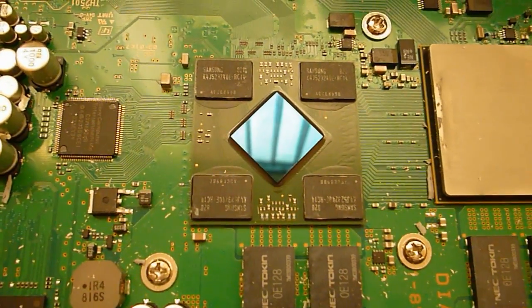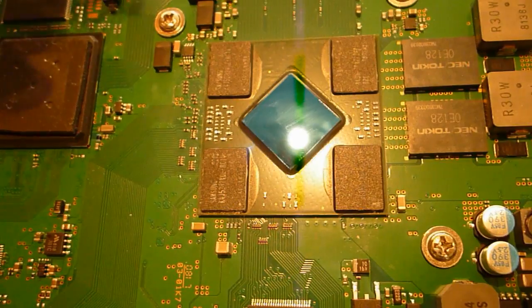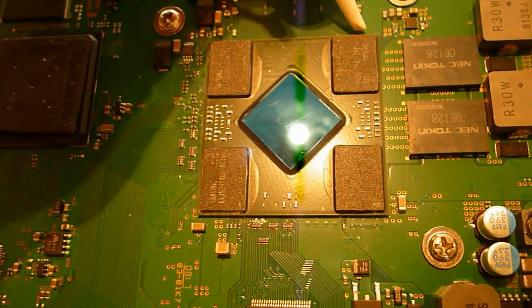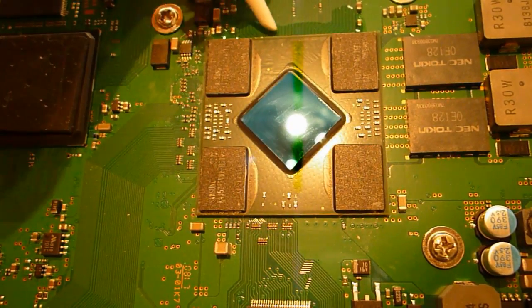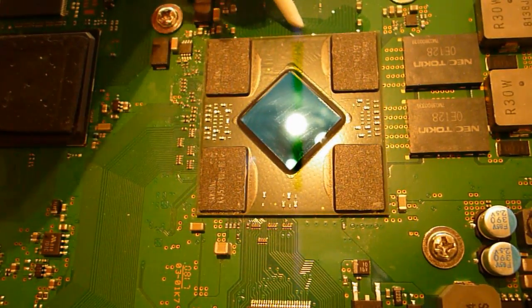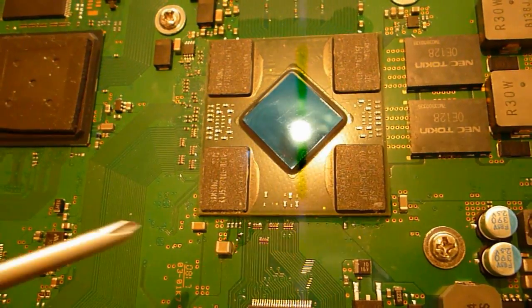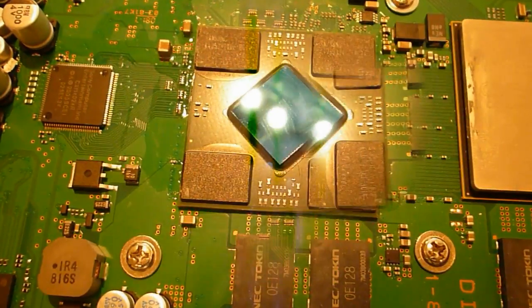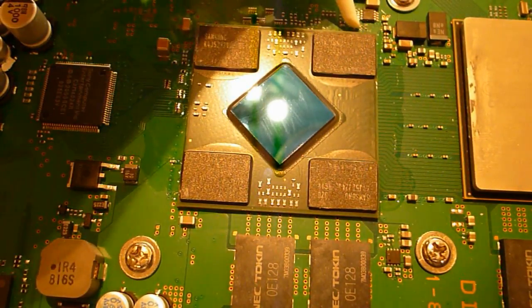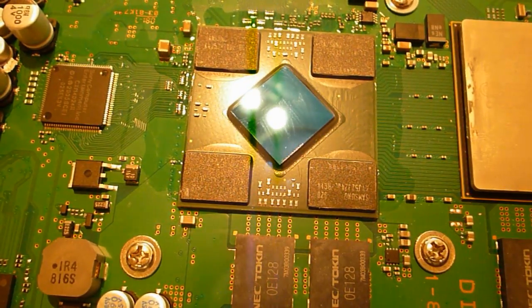As you can see, it's a fairly good job. And I just run some flux along, tilt the board up on its side. Run some under till you see it starting to come out here at the bottom. And just tilt the board up on its side. Run some down it the other way. It'll not take much because it's...